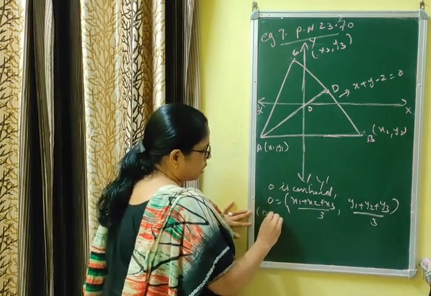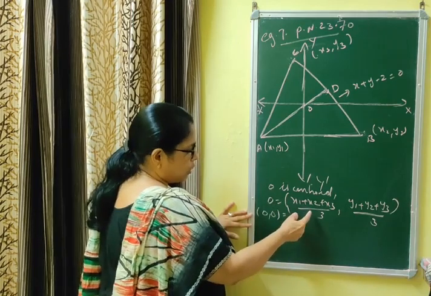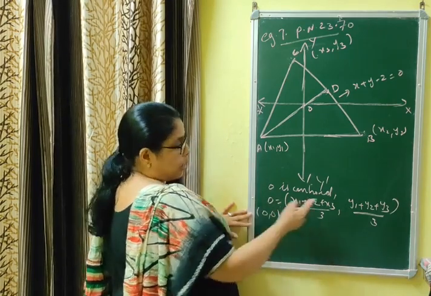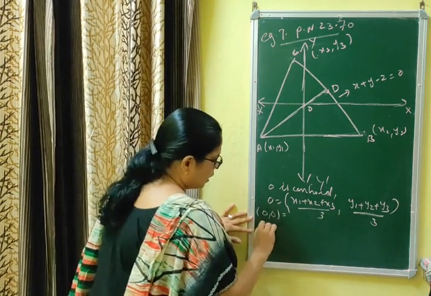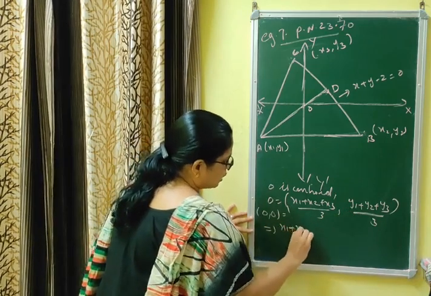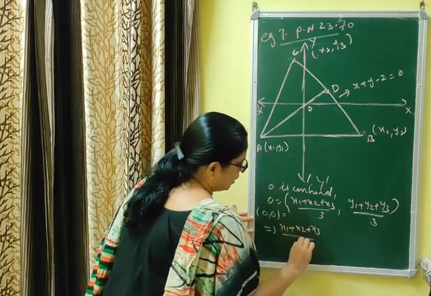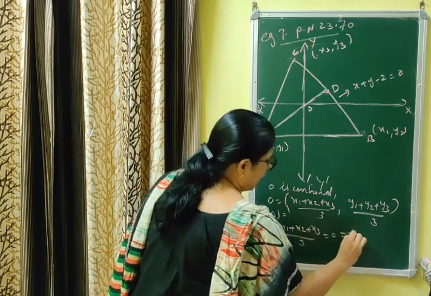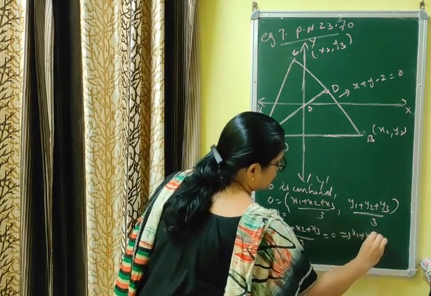Coordinates of O are 0, 0, that is the origin. So you can equate the first coordinate with 0 as well as the second coordinate with 0. That implies (x1 plus x2 plus x3) by 3 equal to 0, which implies x1 plus x2 plus x3 equal to